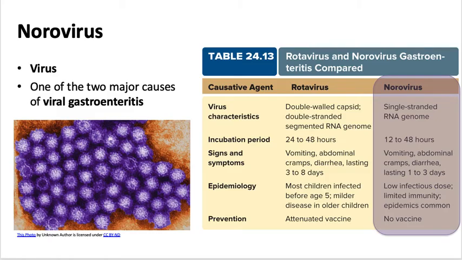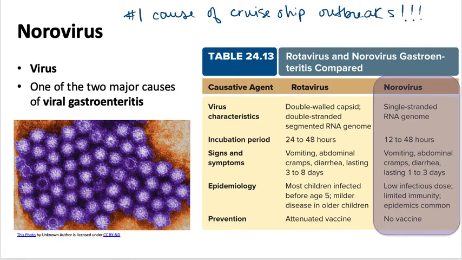All right, we've talked about two different cases of diarrhea. We've talked about C. diff and we've talked about EHEC. Now let's talk about viral gastroenteritis. The virus associated with outbreaks, for example, cruise ship outbreaks, is norovirus. So norovirus is not often deadly, but it will result in an infection lasting for a few